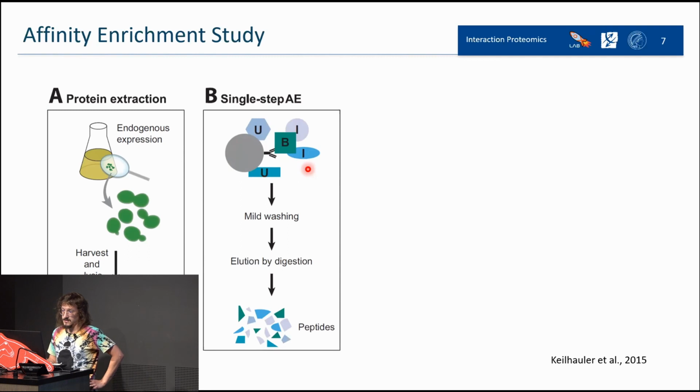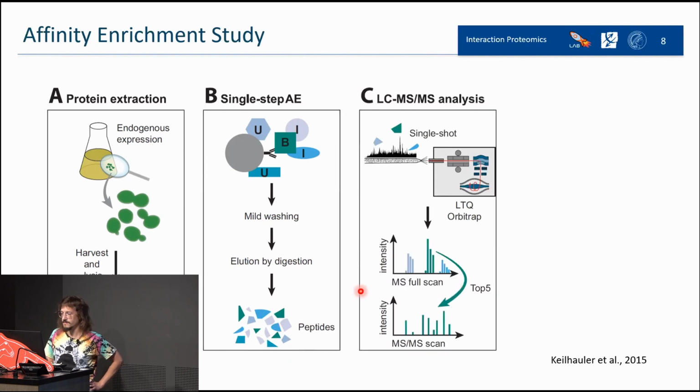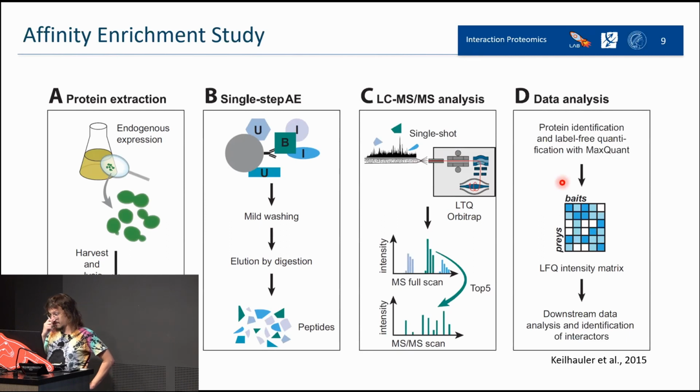And then you see, written with I, the specific binders, and with U, the unspecific binders. They didn't care about the unspecific binders. They just performed a mild washing. In case the bait was not present, everything will be washed out. Then they digested all the proteins and continued with the mass spectrometry. Just a few technical details if you want: they performed it with an Orbitrap, but we're not specifically interested in this. Thanks to bioinformatic analysis, they managed to get rid of the signal coming from unspecific binders.